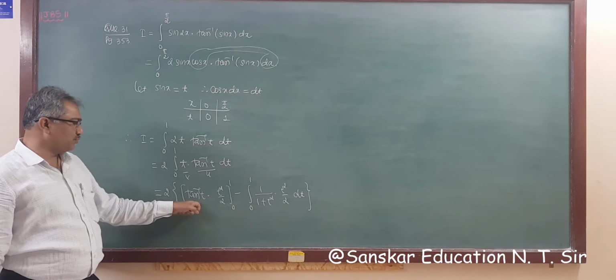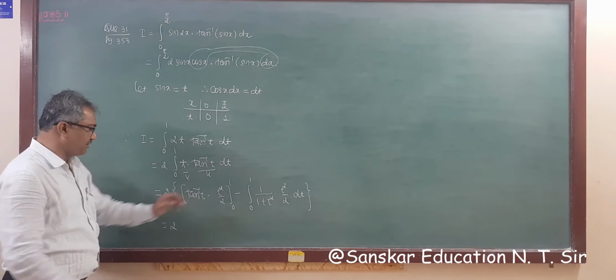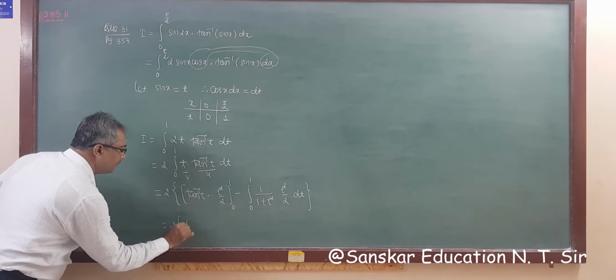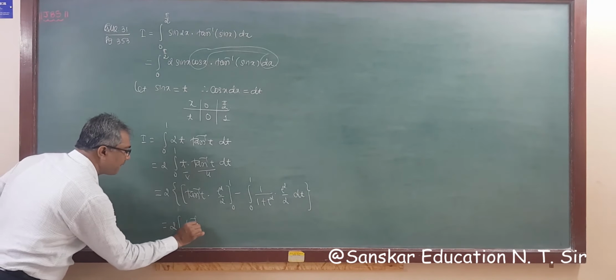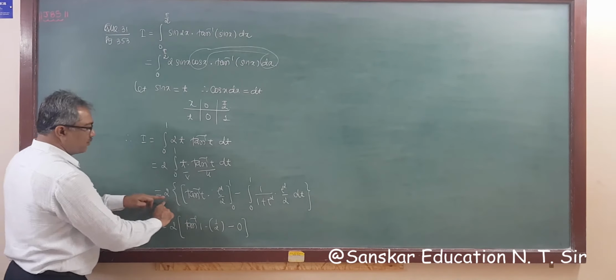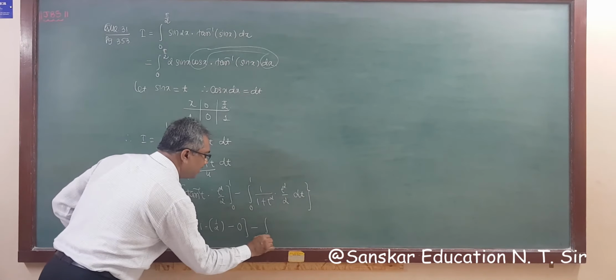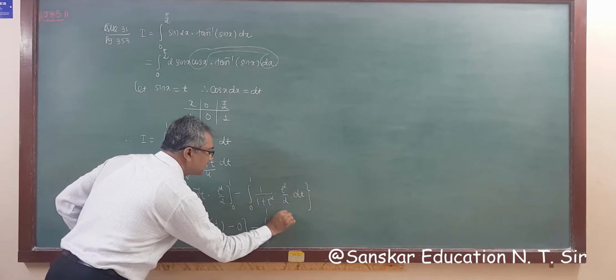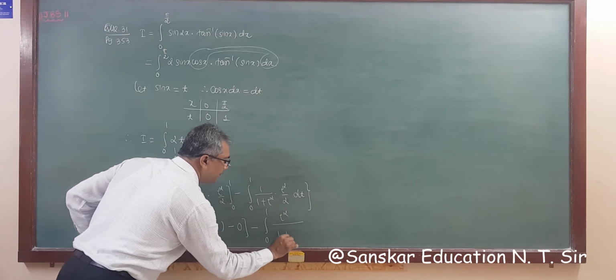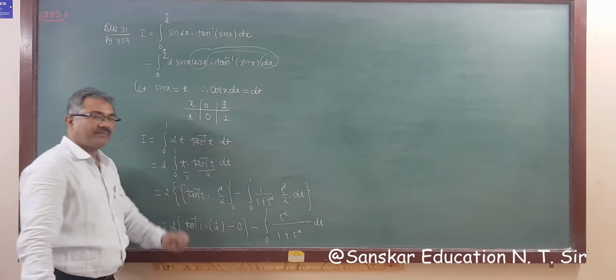Now multiplying by 2 here, right? So what we get? 2 times, and substitute the limit. So we get tan inverse 1 into this is 1 upon 2. Now t is 0, then everything is 0. So minus 0. So this is over. Now 2 multiplied here. So minus 2 and these 2 will be cut. So remaining will be 0 to 1 t square upon 1 plus t square and dt, right?